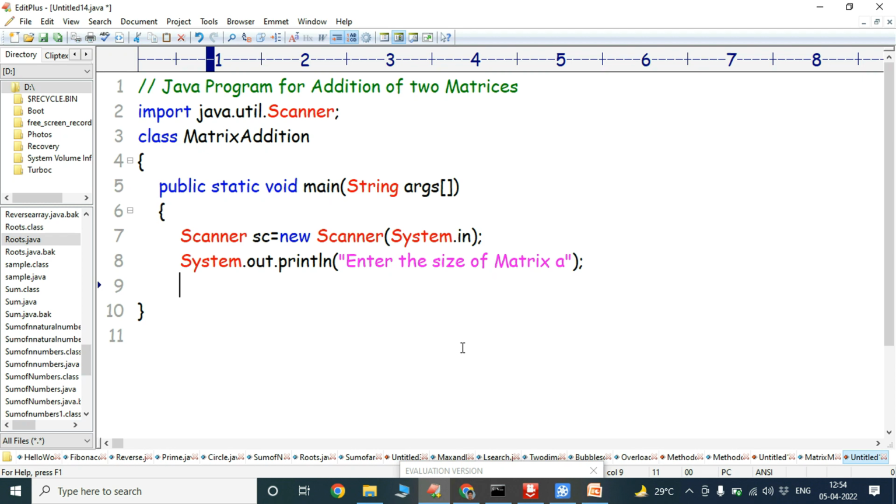Okay. int r is equal to sc.nextInt(); int c is equal to sc.nextInt();